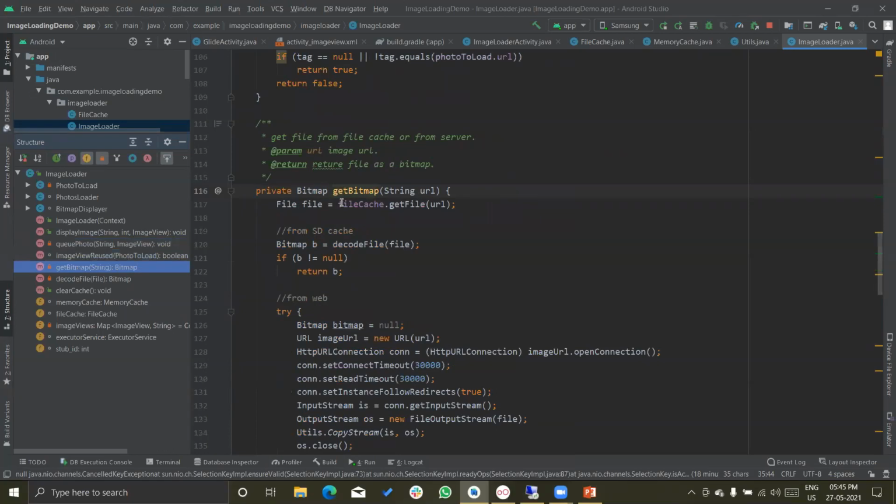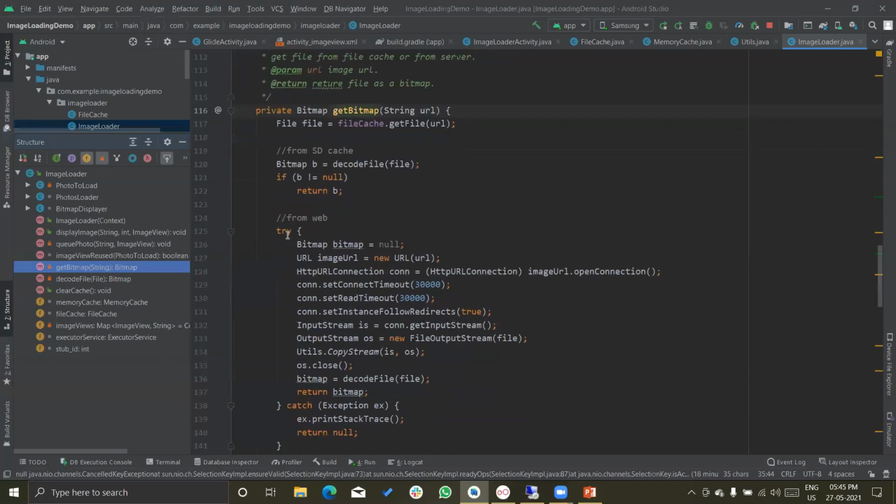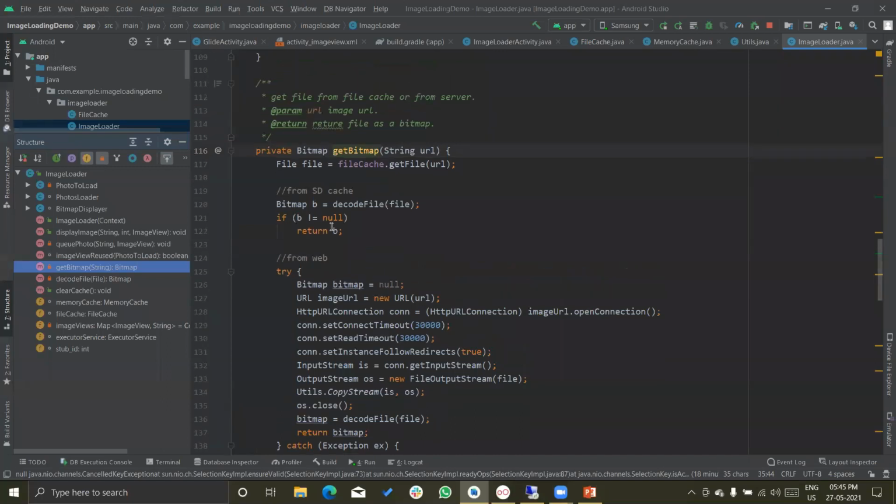The get bitmap method first checks whether the requested file is present in cache or not. If it is present in cache, it calls decode file, decodes that file into a bitmap, and returns that. But if it is not present in the local file, it downloads from the web. After that it decodes the downloaded file, and then returns it in the form of a bitmap.